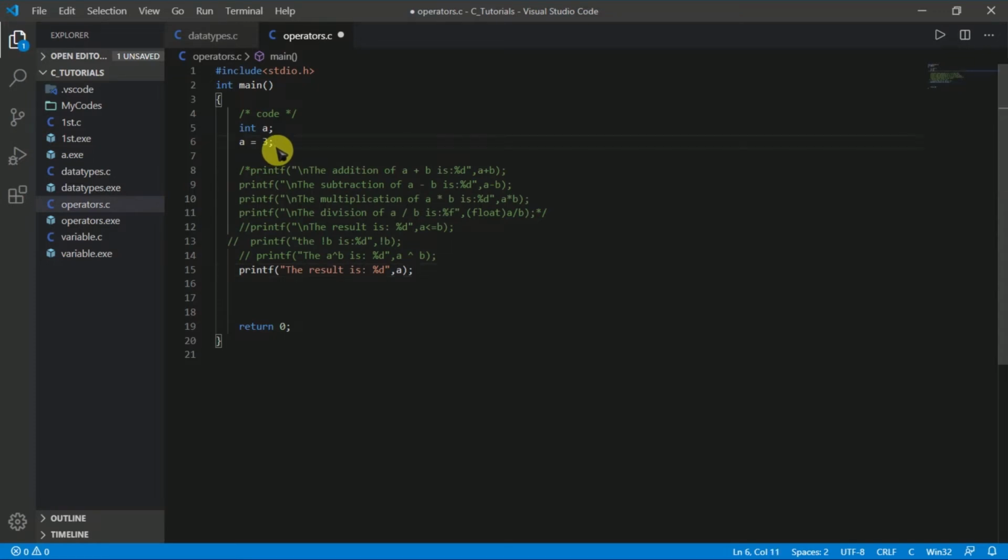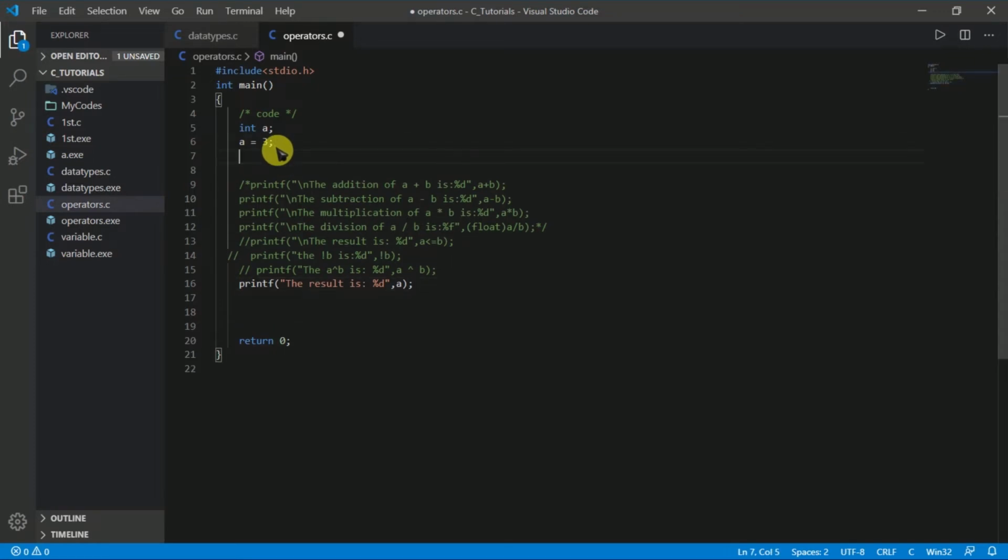Now we are going to use the addition assignment. For this, I'm going to use addition assignment 1. It means a equal to a plus 1.